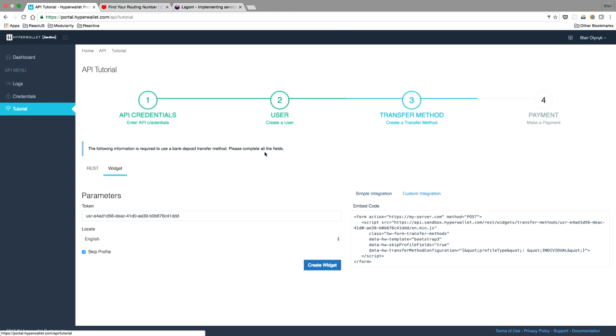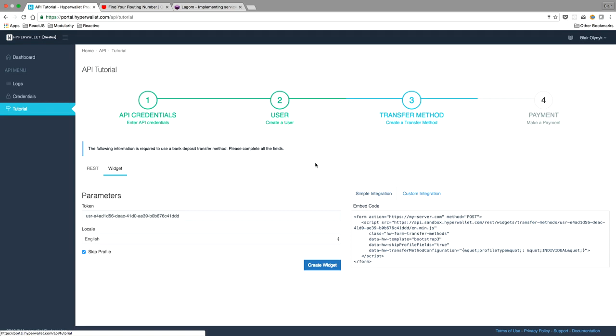But we'd rather offer you a simpler integration option, and that's what we call our transfer method widget. You can most easily conceive of this as being similar to an OAuth 2 integration or tokenization. Everybody's done this. You've always logged in with Facebook on some web application. Facebook gives some code to that application, and they put that on their web page. When you visit it, a button is there that loads up a Facebook form to authenticate you. And Facebook sends back a token to that web application.